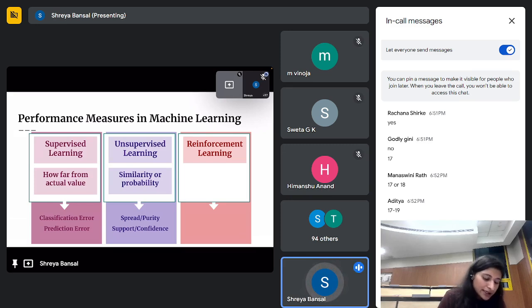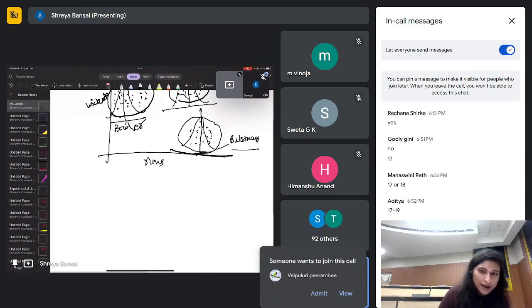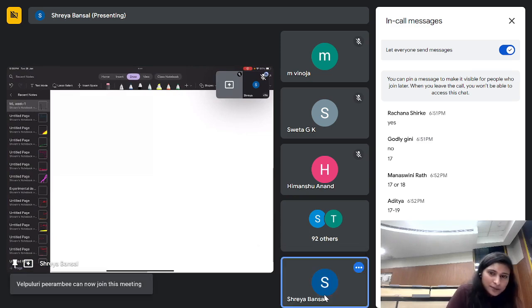So spread and purity is related, like, let's say for unsupervised learning, what we actually do is, let's say we have a task where data is not labeled. So what I do is, let's say I have different kinds of plants with me. I have some radish, carrot, and some mango, neem, and these types of trees. So I am telling you, I have some plants with me: radish, carrot,